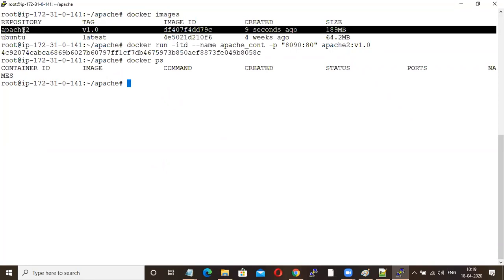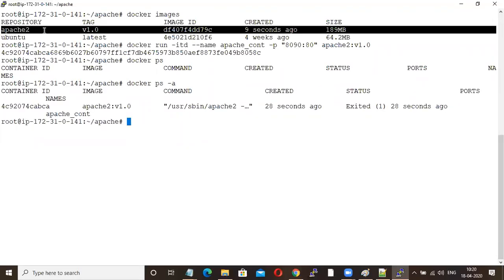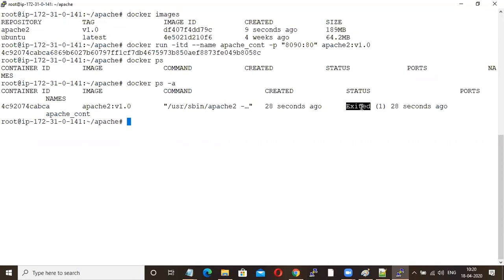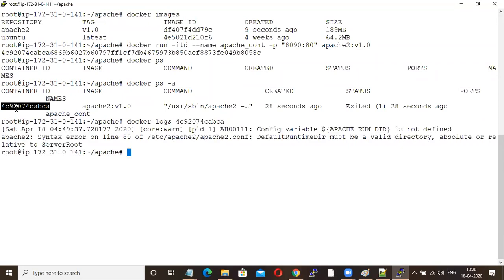Okay, see, reading and learning technology is not the important part. Again and again I'm saying, how to troubleshoot if there is any issue, right? That is what is very important. Then only you can learn a lot. Okay, now I'm just giving docker ps -a. You are getting one container in exited state. Now docker logs container id. What are they saying?